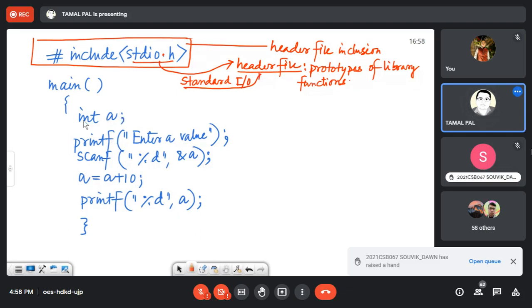Now, int a. I think I have explained this statement. And now main is a function where execution begins. I think I discussed that C is a procedure oriented language.